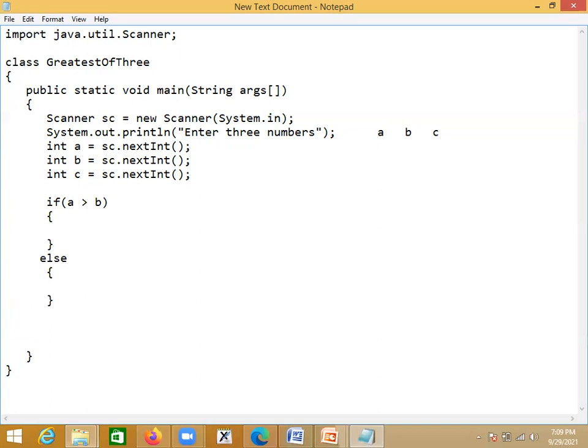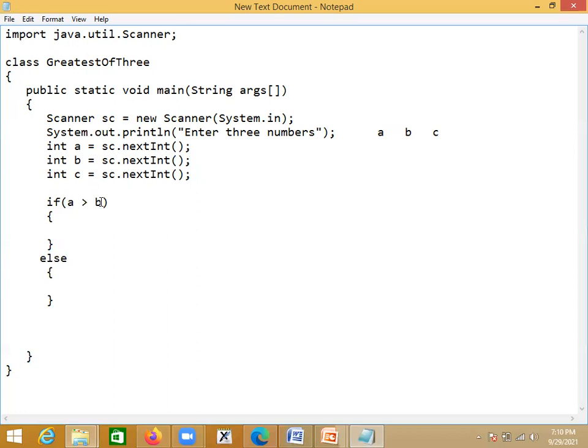Now if you write the skeleton like this, then it becomes easy to develop the logic. Now it is clearly understood. If the condition is true, I go here. If the condition is false, then directly I'll go to else, and then I write the code in this else part. Okay, so first we'll take up the true case here.